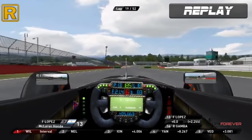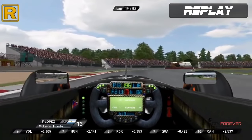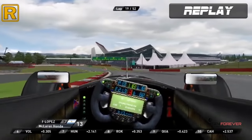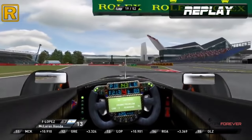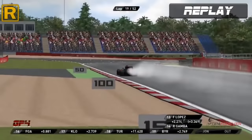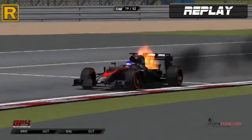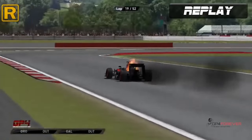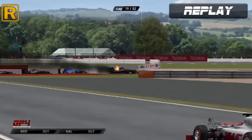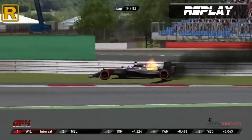So he had a lot of fuel in his car, having just made a stop. So maybe they put too much fuel in, it might have ignited the engine. But yeah, the engine problem happened just after he came round Stowe, and unfortunately the engine blew. As you could see, the smoke came out, and that was the end to Franco Lopez's race. And then actually it started catching fire, so that was quite scary there for Franco Lopez. So he has to pull off to the side of the track, because obviously that is very, very dangerous indeed. And there is his car